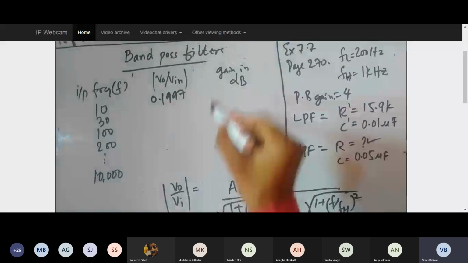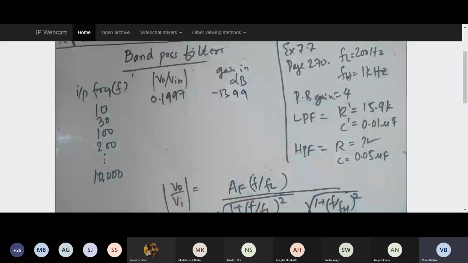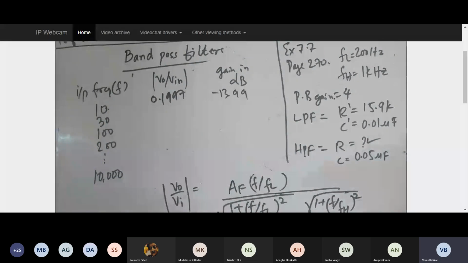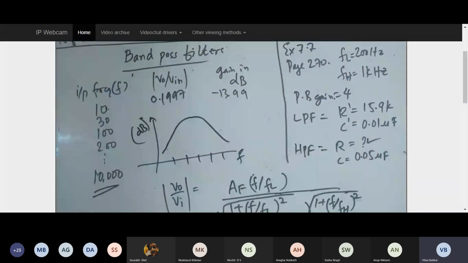Like this, you are supposed to calculate for a minimum of 10 values, and try to ensure you calculate the values at equal spaces, like 10, 50, 100, 150, 200, 250, and then you go for 500, 1000, 1500, 2000, and last you keep it for 10,000. So if I try to plot using the different frequencies over here and the gain value in dB, I'm going to get a graph something like this. So this is the plot of the particular problem, how you are supposed to solve, and this is how you design the circuit.